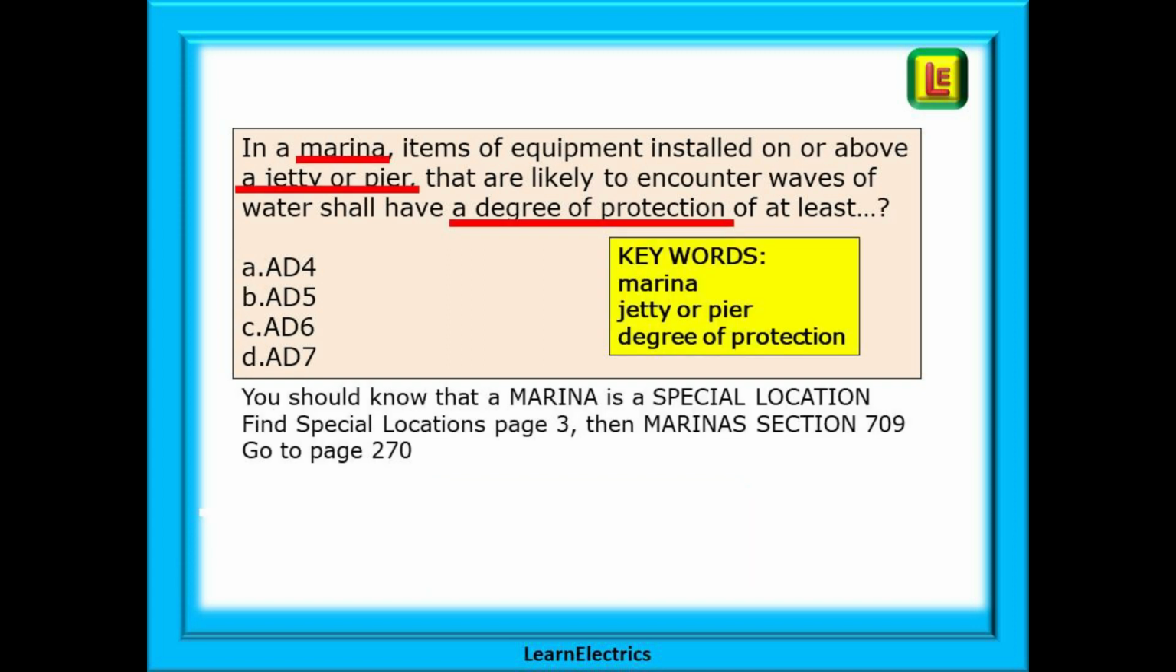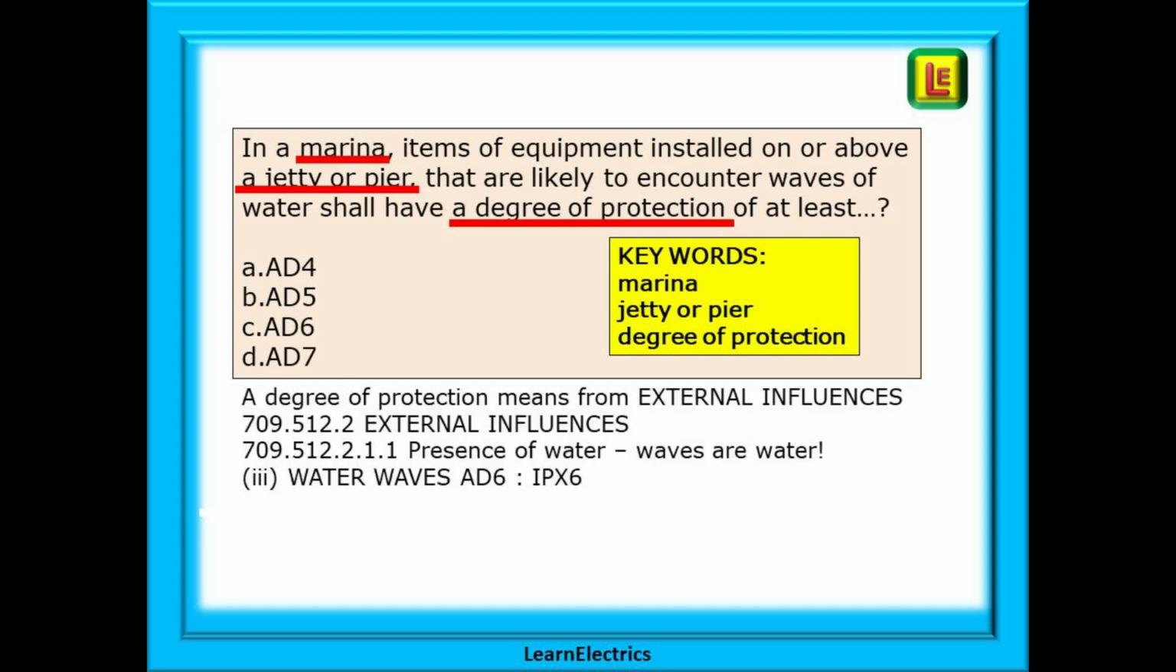Here are your key words, and you should know that a marina is a special location. Find special locations on page 3, then marinas, which is section 709, and then go to page 270. A degree of protection means protection from external influences, and regulation